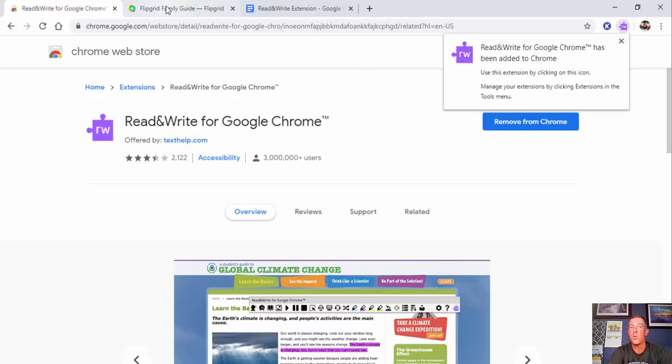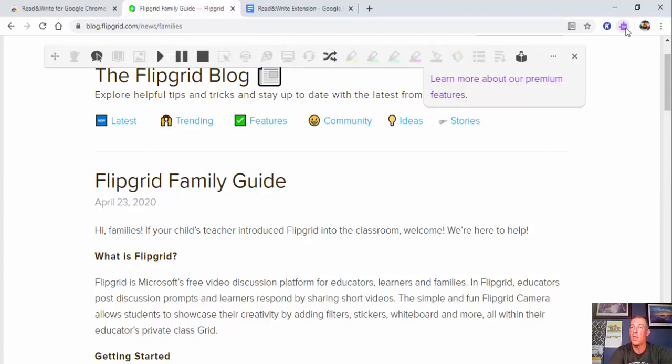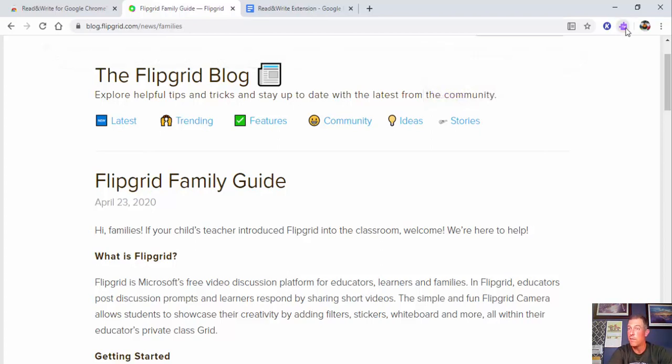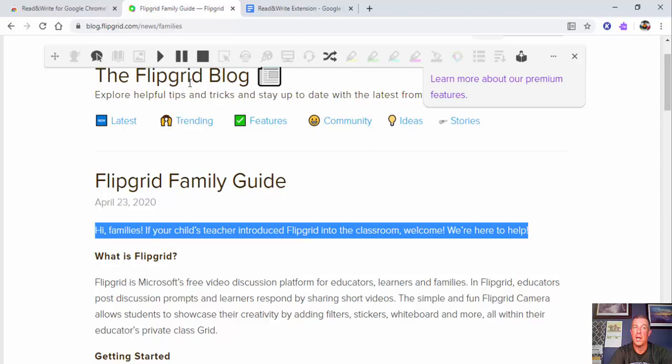We're going to go into a website. Now, I would like this first line read aloud. So what I'm going to do is select the Read and Write extension. You can see it right there. If you click on it again, it will disappear. I'm just going to highlight this first line, and I'm going to press